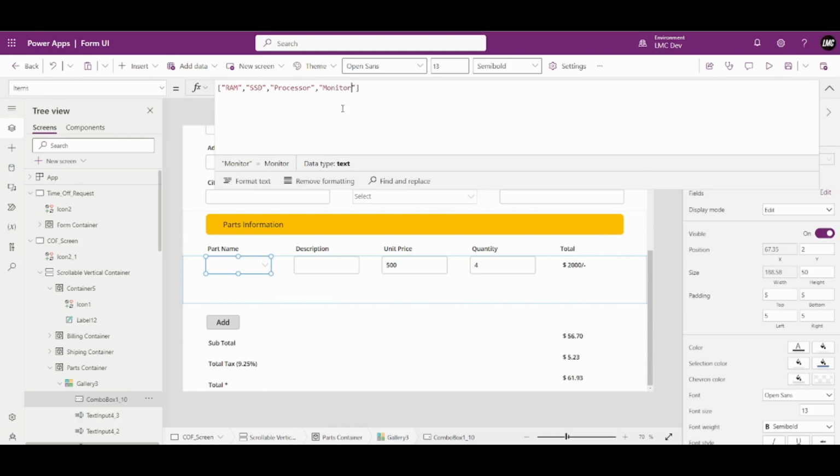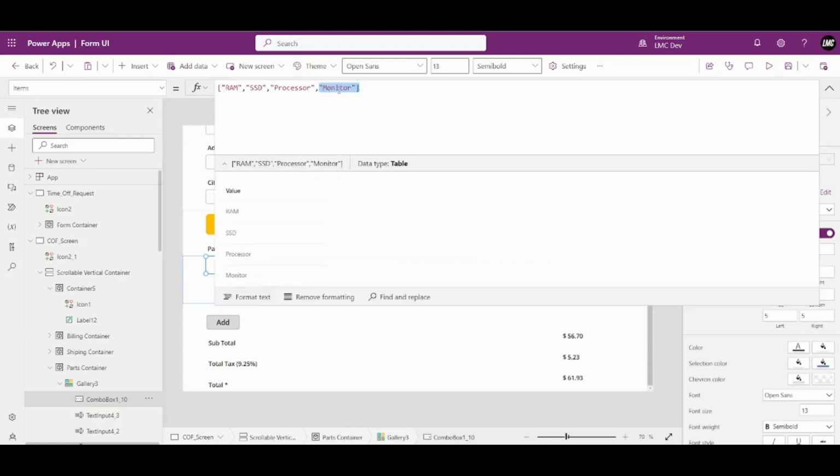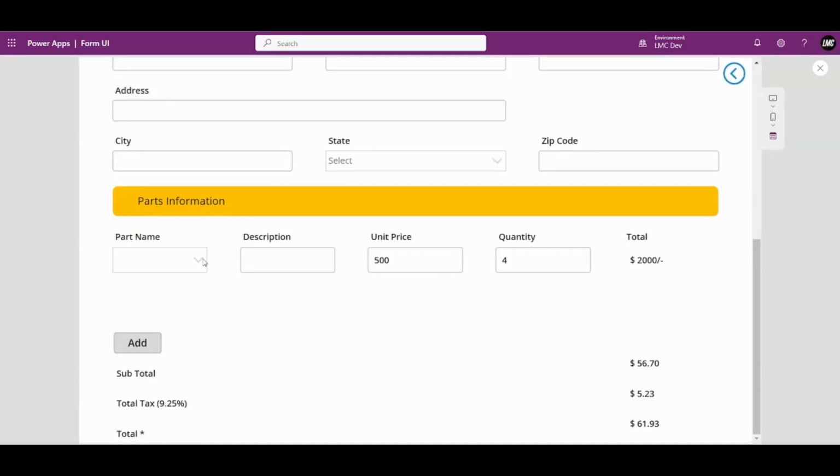Now see, use this comma. See this code, I used a comma, then double quotes monitor, like this. Now you see this value up here. By default this value parameter is created for us, and inside this value we have RAM, SSD, processor, monitor. Let me play this, and if I click on this drop down,